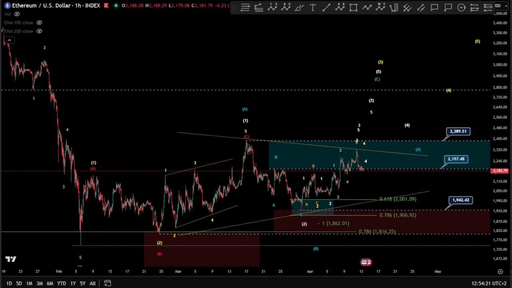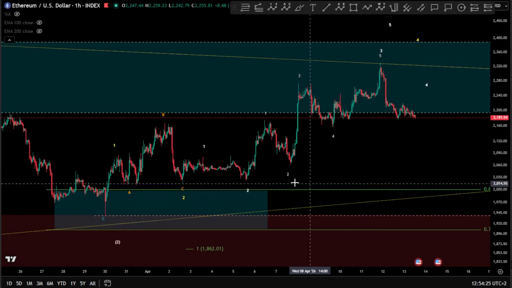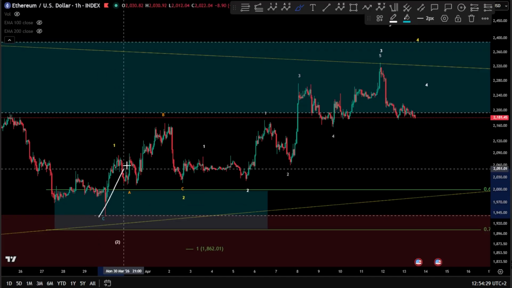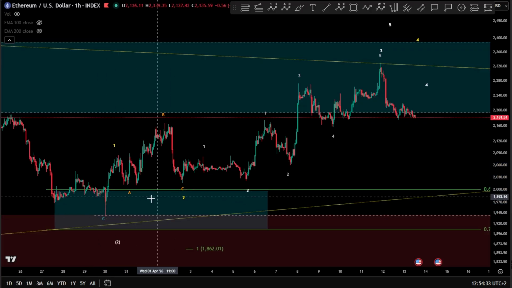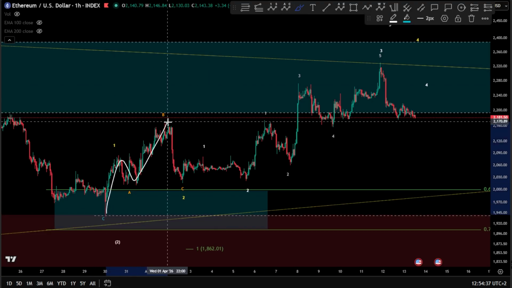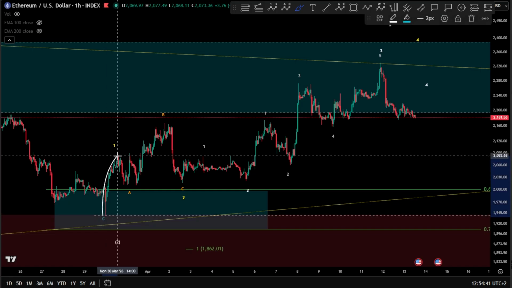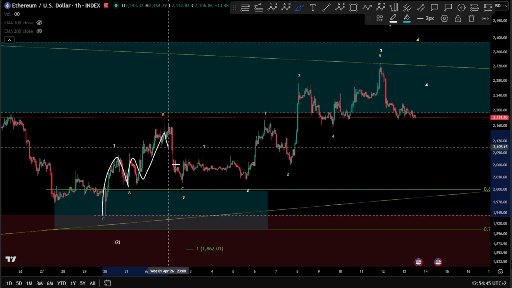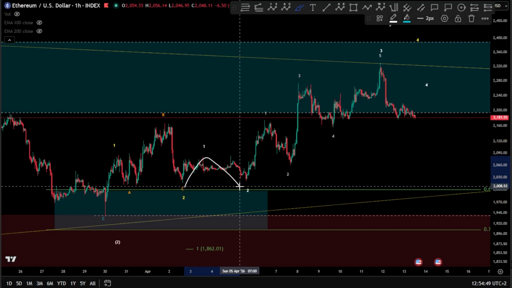Now let's dive inside this area here where we are looking for a potential 1, 2. If you want to read this as a wave 1, well, it's very unlikely to be a potential 1, 2, honestly, but it's still looking like a kind of three waves. However, if we want to take it as a 1, 2, you have to consider it as an A, then wave B, and a wave C running flat as a wave 2, and then having a 1, 2, 1, 2,